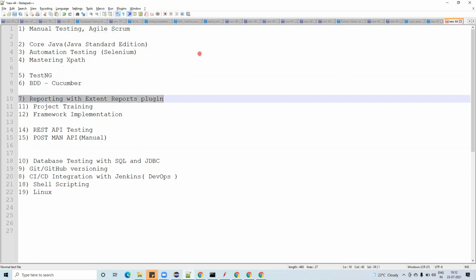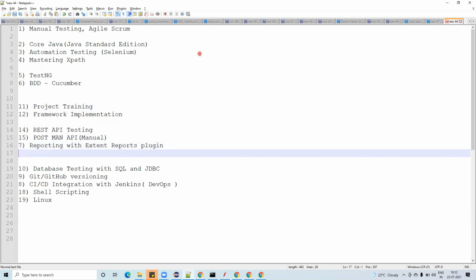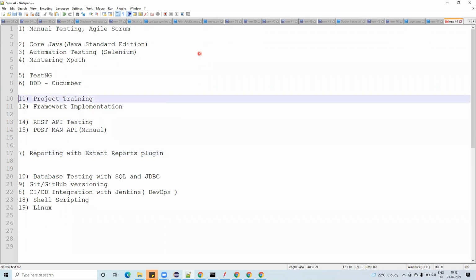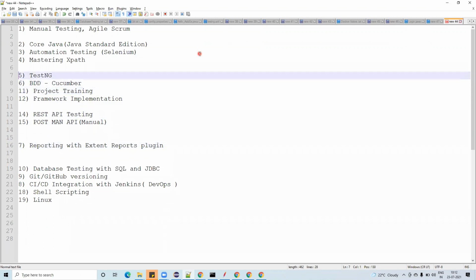No one will ask you interview questions about the Extent report system. They will ask which reporting system you are using. You tell them Extent reporting system. That's it. Don't swim too deep on this one. And project training, framework implementation, all this comes under here only.